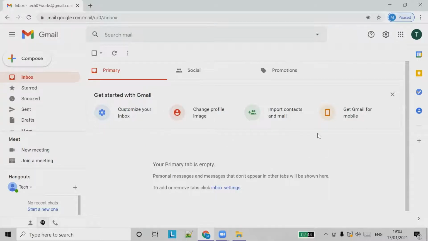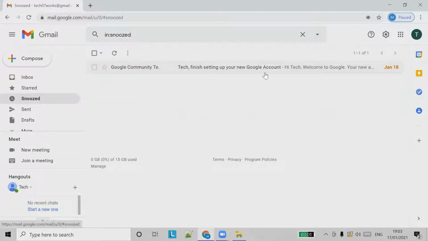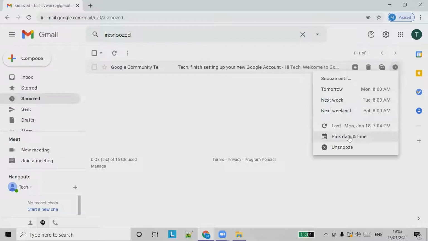But once you use the snooze option, it moves out of our inbox and goes to the snoozed tab. So you can see it here, and you can see the timing also here.